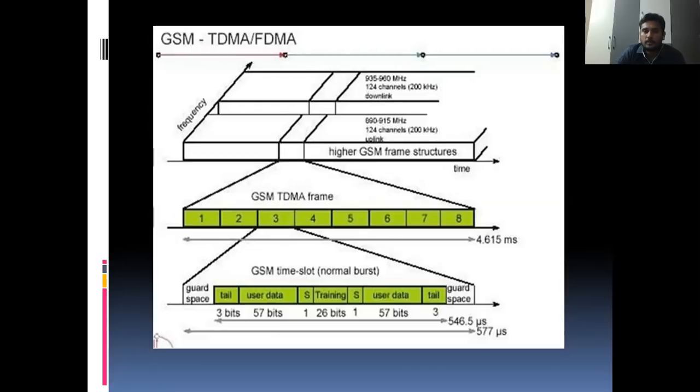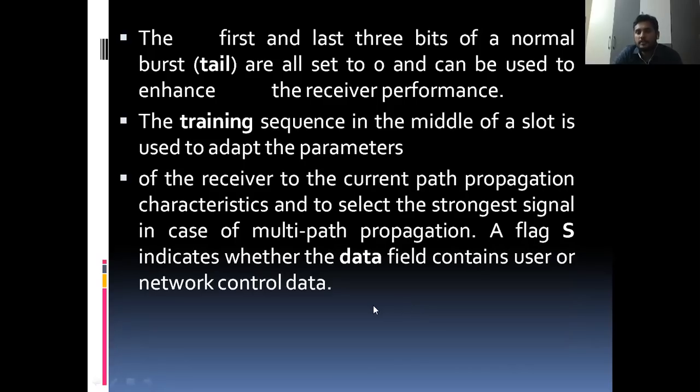Here there are 3 bits for the tail, 57 bits for user data, and 26 bits of training, then user data of 57 again, and again 3 bits of tail in this frame. The first and last 3 bits of the normal burst are the tail, all set to zeros, and can be used to enhance receiver performance.